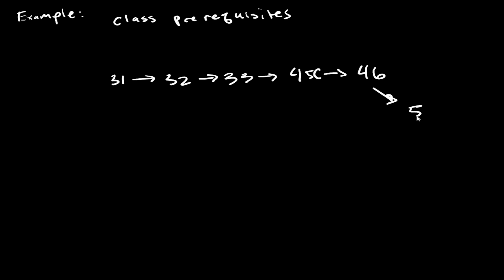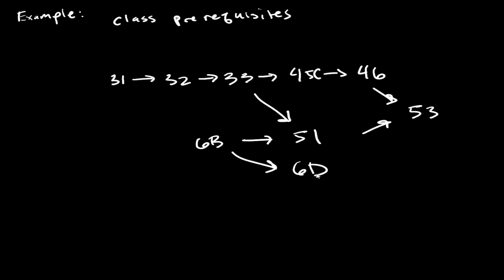And 46 must be taken before 53. And also to take 53, you need 51 and 6B. And 51 is dependent on 33. 6B is dependent on 60. Surprisingly, I thought 6D was a prereq of 46, but I don't know. The website I looked at, I couldn't identify that, but maybe it is implicitly. So this is not supposed to be a formal listing of the prereqs, but just for the example of the